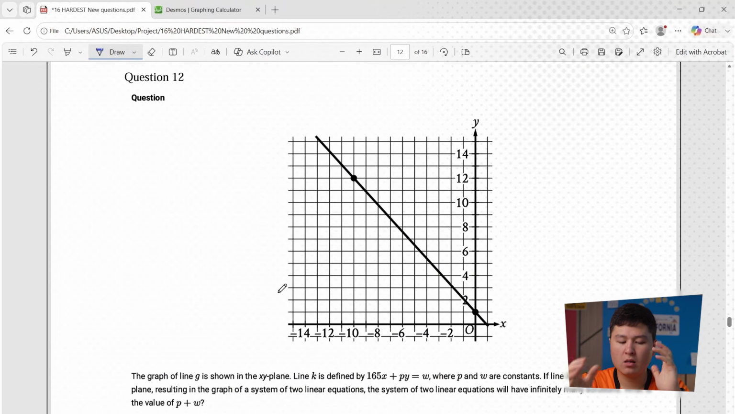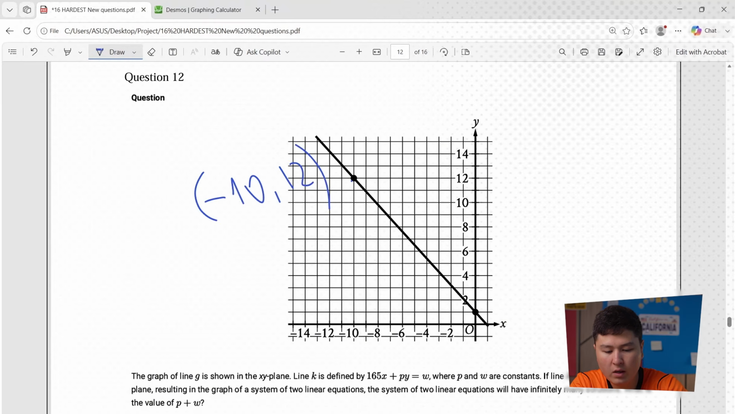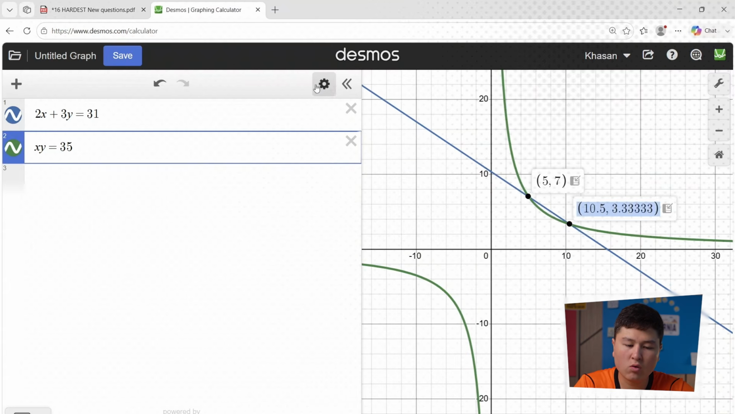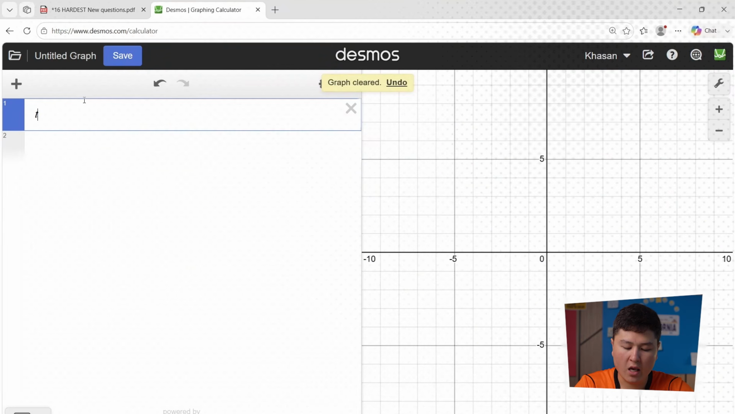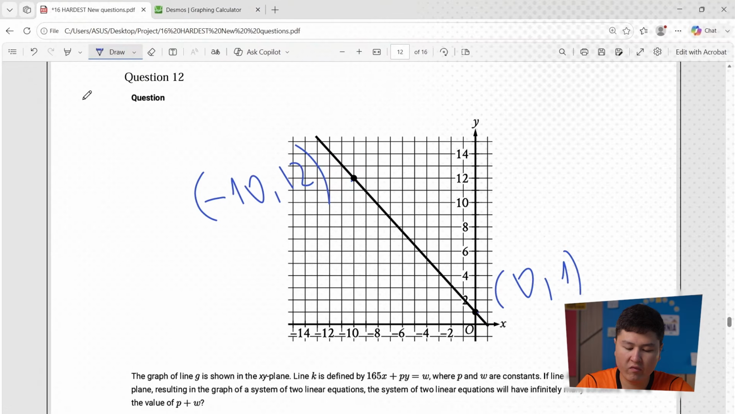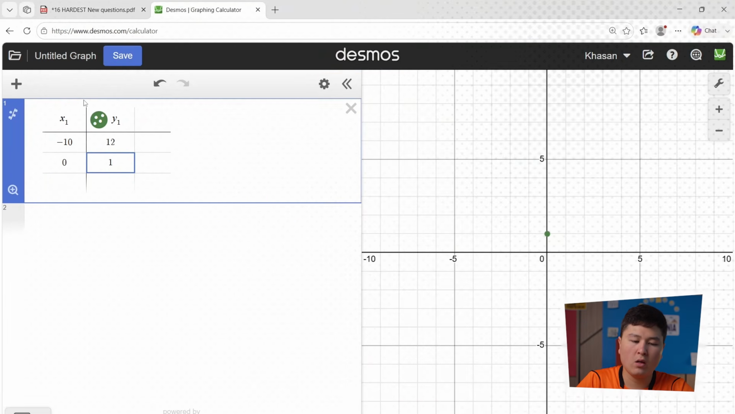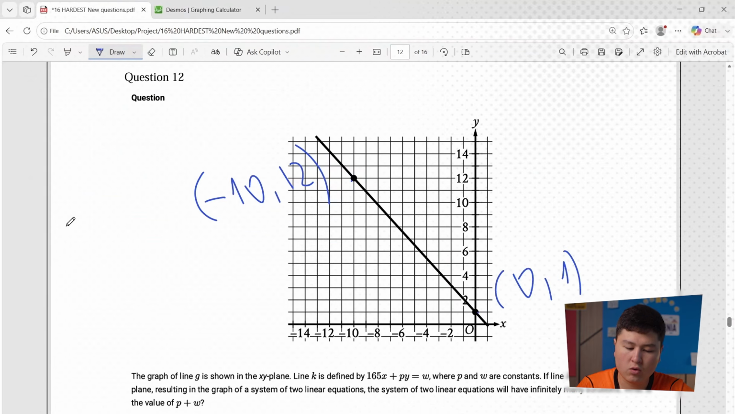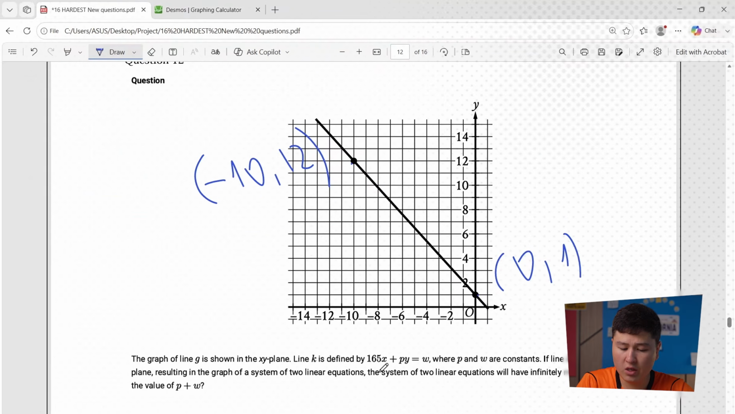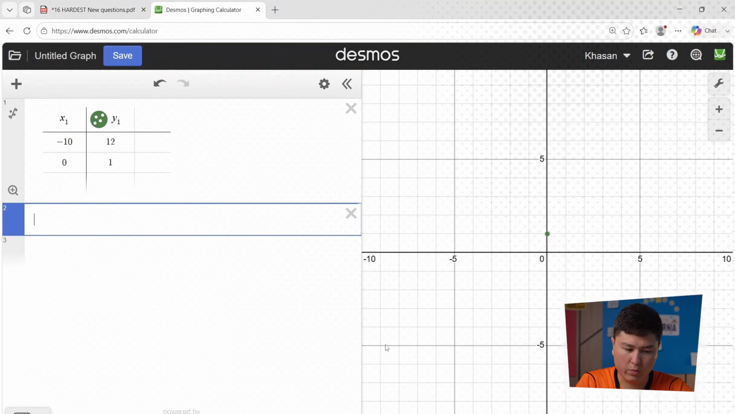So you can take the points, like in the graph of G, for example, we have the points, that one is negative 10 and 12, and that one is the y-intercept, 0 and 1. These points are also lying on the graph of K. So again, you can just go to the decimals, create a table. We have first points negative 10 and 12, and then 0 and 1. And write down the equation, guys. You can also write the equation instead of adding the regression here. For example, this is going to be